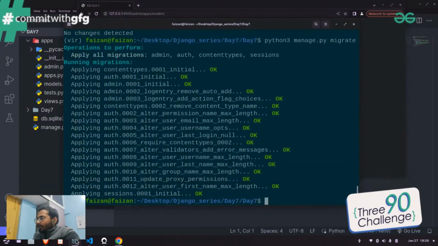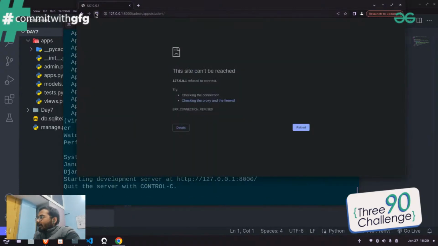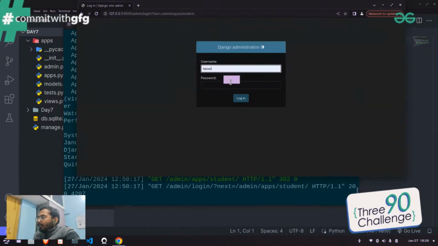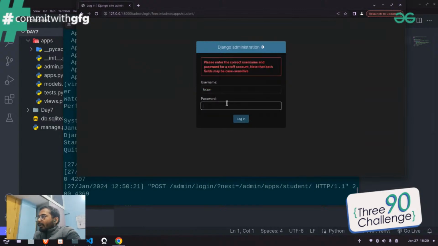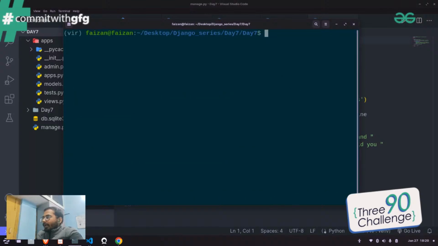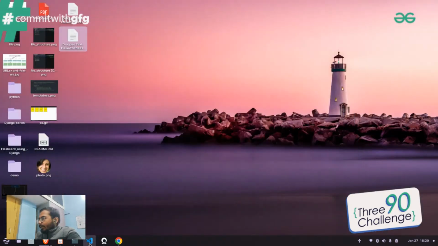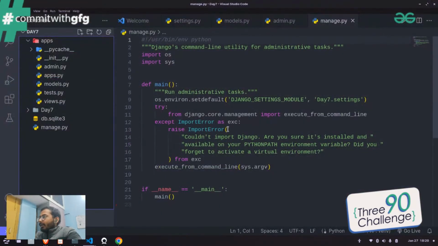Okay, if we have to run the server too, run the server, and over here I just remove these things, and as you can see, I log in with my ID 123, and okay, so we just created this thing. So again, we have to create it one more time. Okay, so what I can do, I can just minimize these things, and I just try to open up my